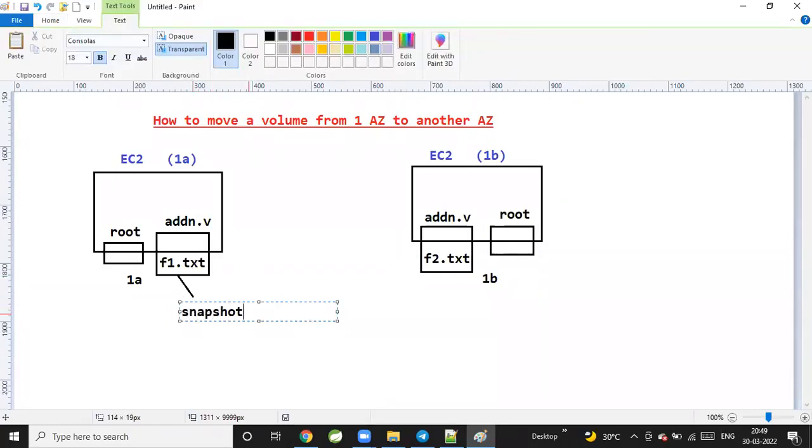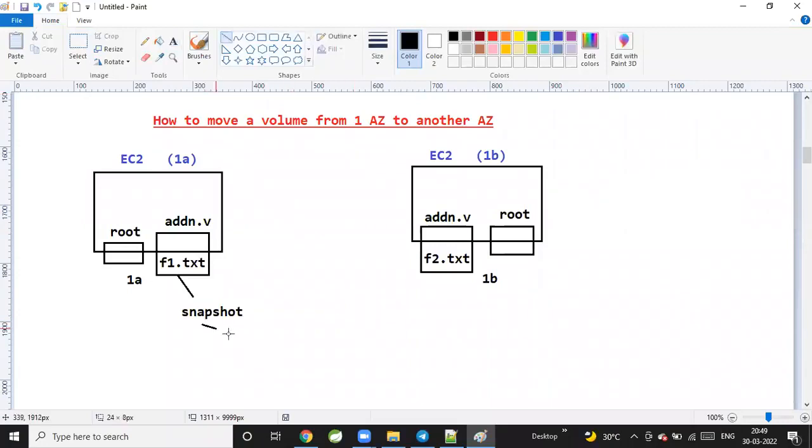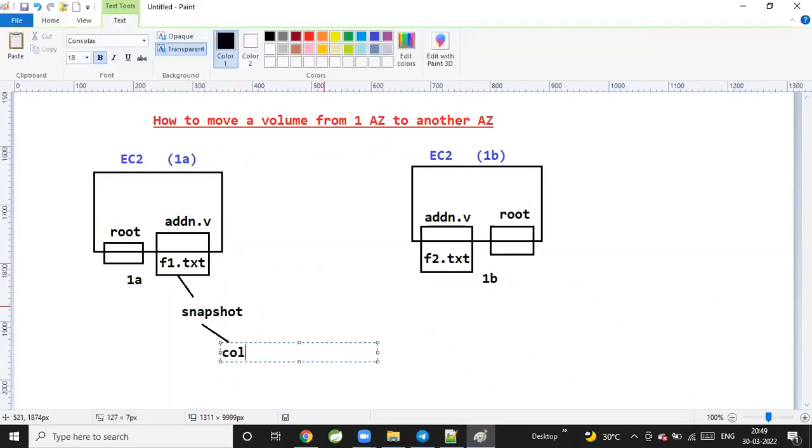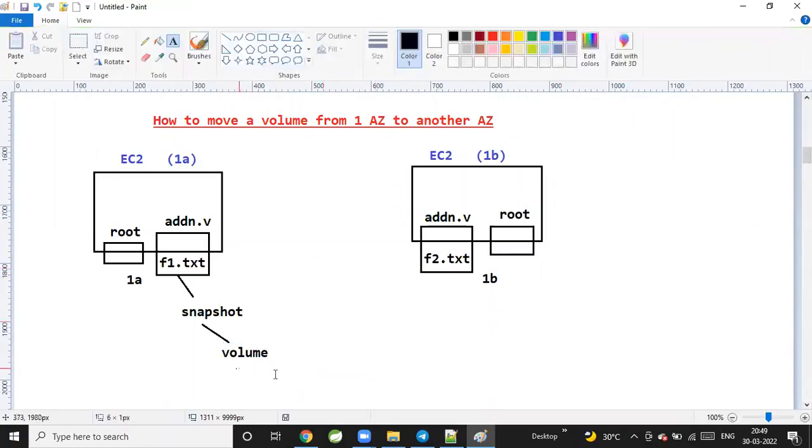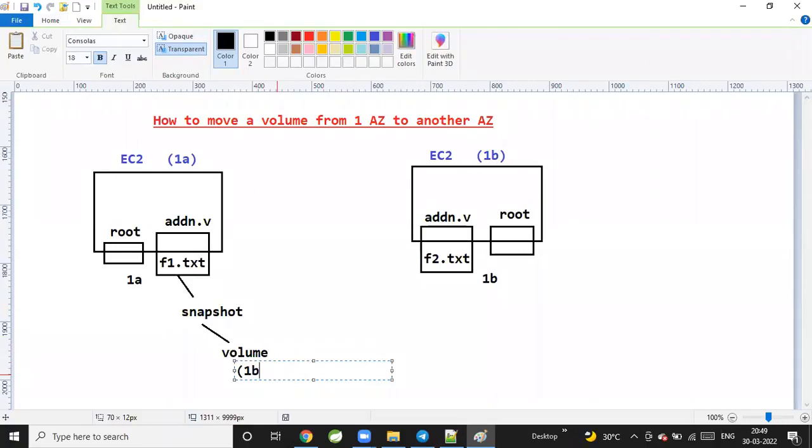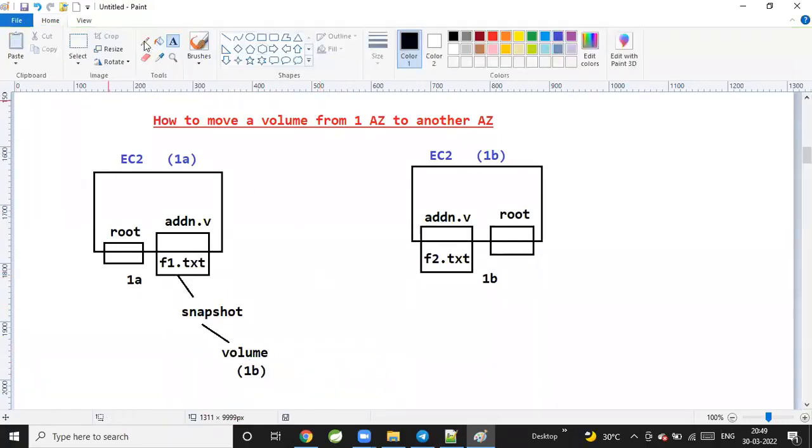Can I create a snapshot from the volume? Yes. From this snapshot, can we create a volume? Yes, we can create. Where am I going to create this volume now? In 1B. Once I create this volume in 1B, can I attach this volume to my